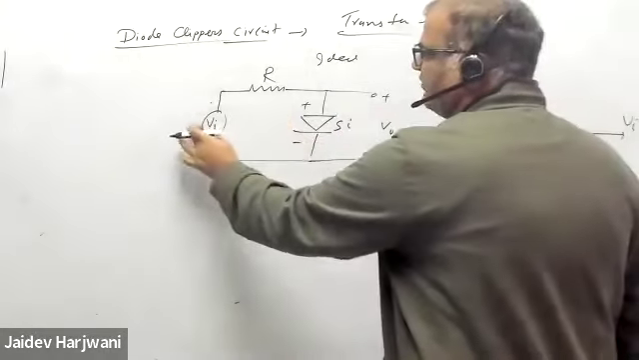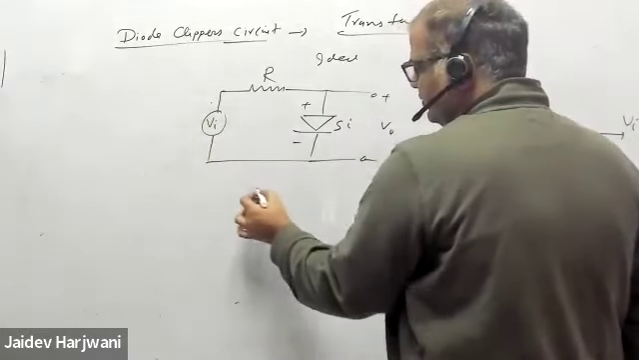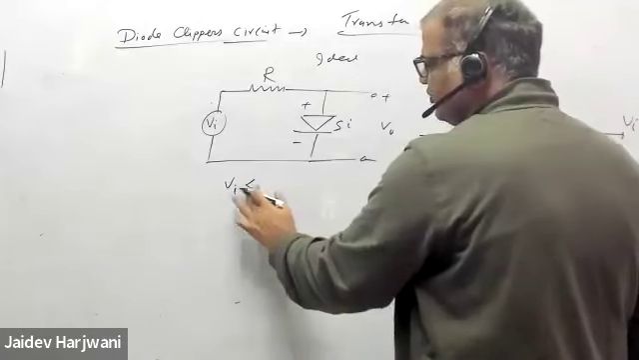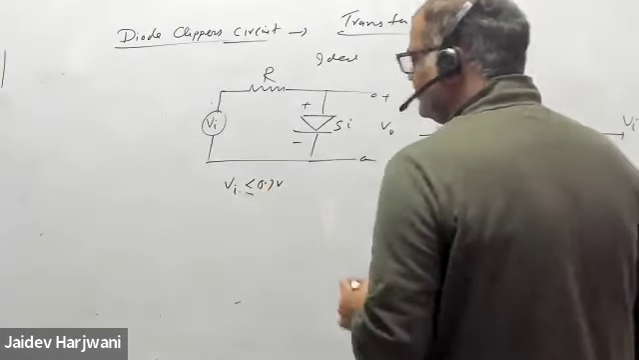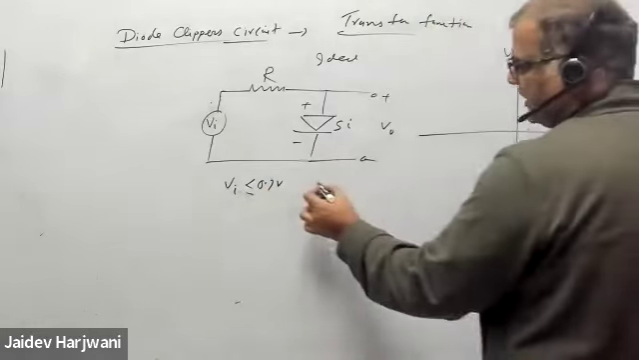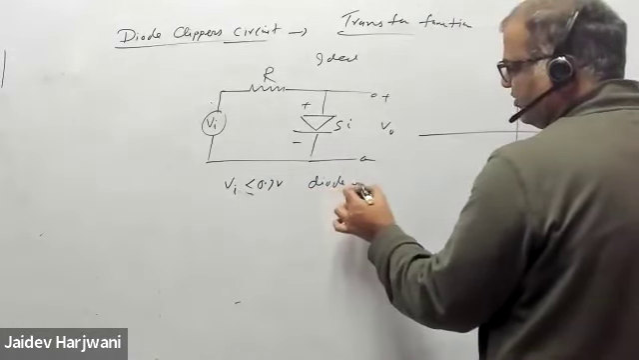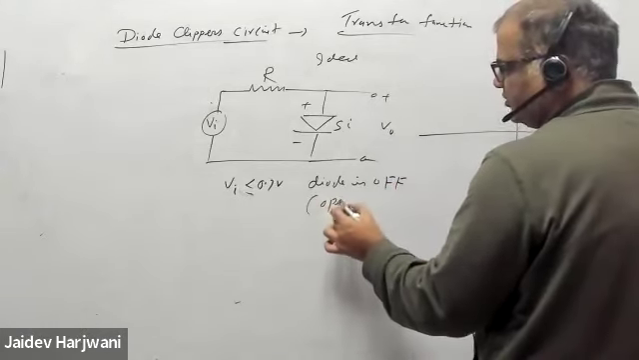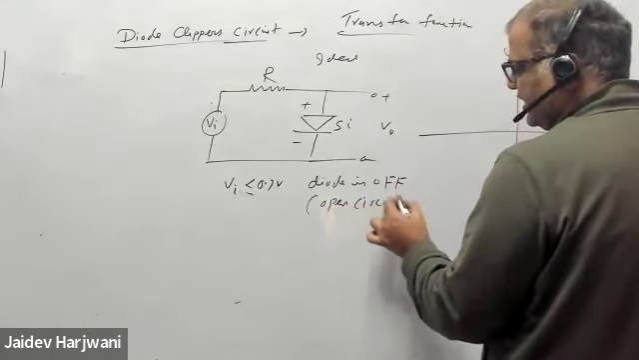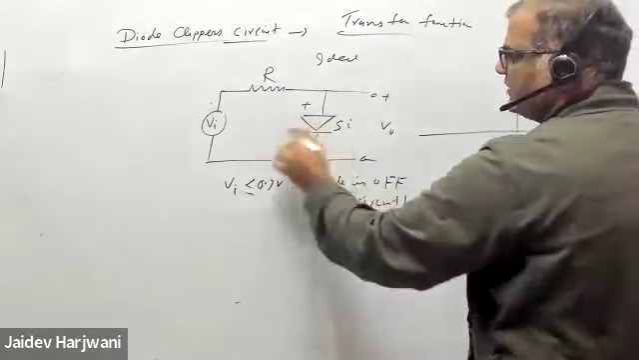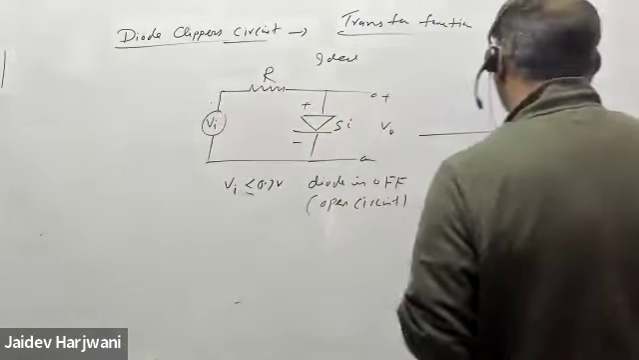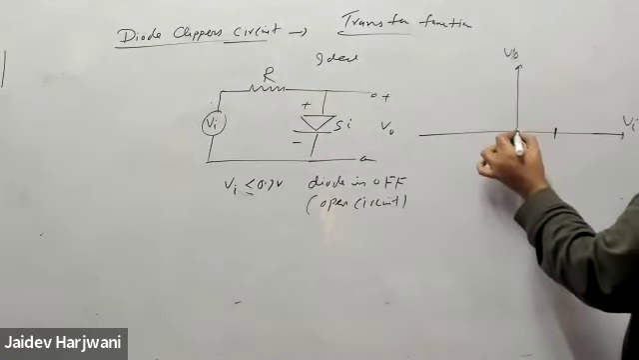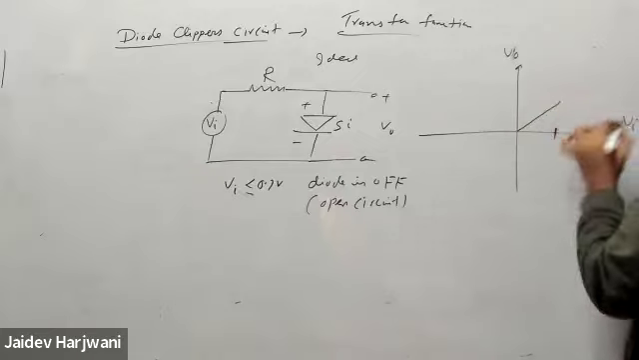Because if you apply 0.1 volt, if your V input is less than or equal to 0.7 volt, in that case the diode is off. That means open circuit, so no current is flowing in the circuit, and with no current flowing, the voltage will automatically come here. So up to 0.7 volt, if you are applying input, your V output will be